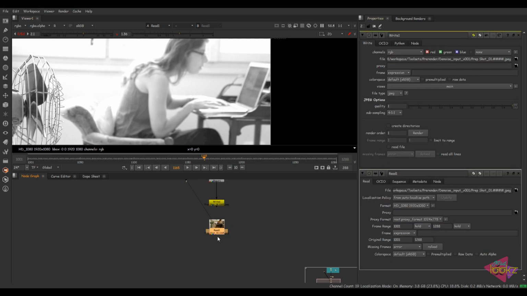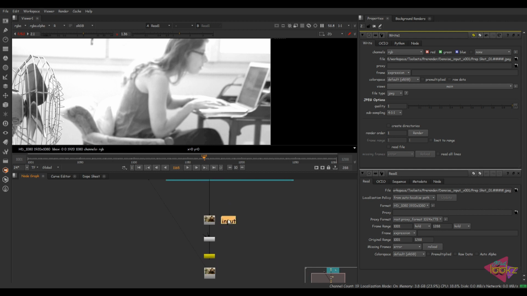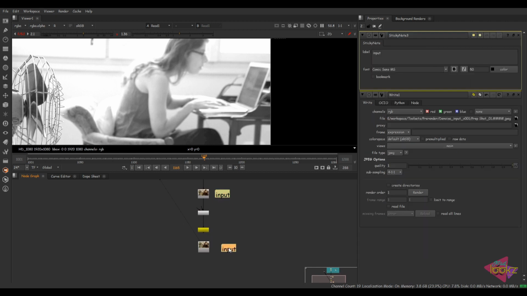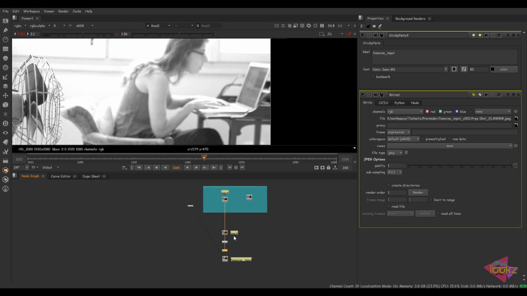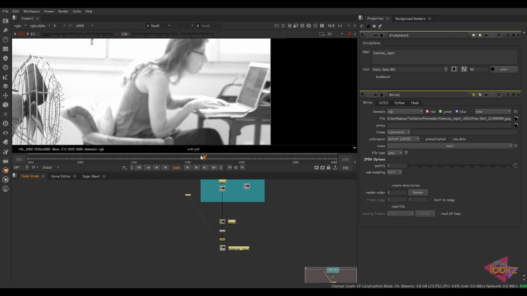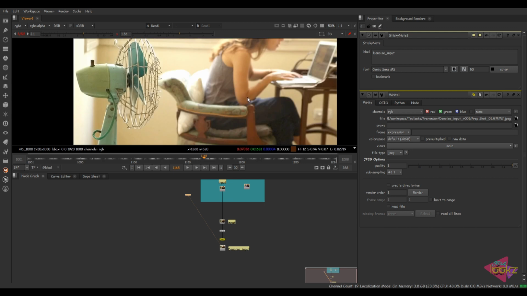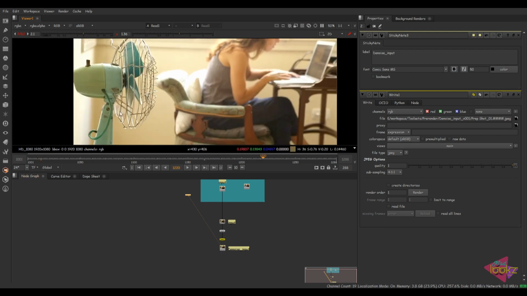You can see that here. So copying this sticky note and placing it over here. So just renaming it denoise underscore input. Now we can see we have the denoise plate and I can start my work. Yeah, I have organized everything. This is very important while you do any task. Organize your script very well so that it will be easy for you to work.